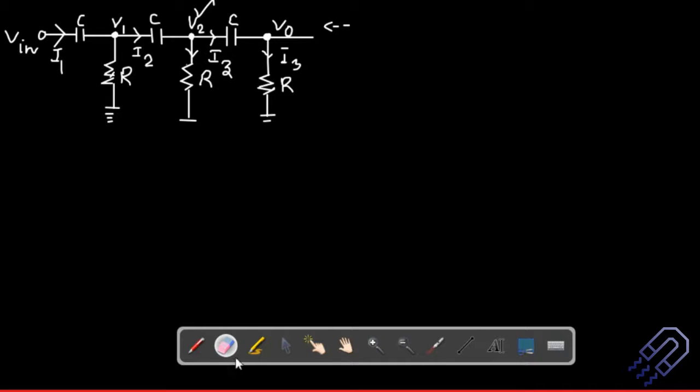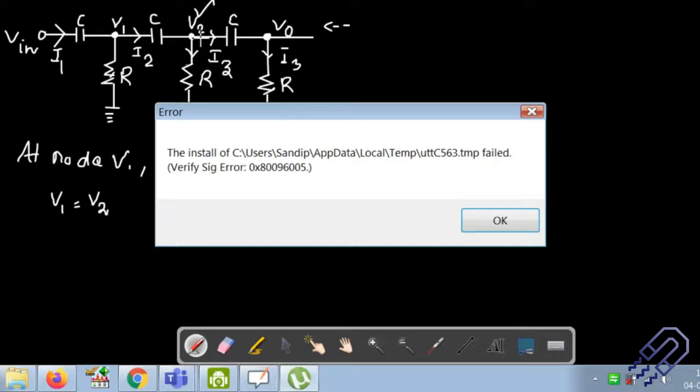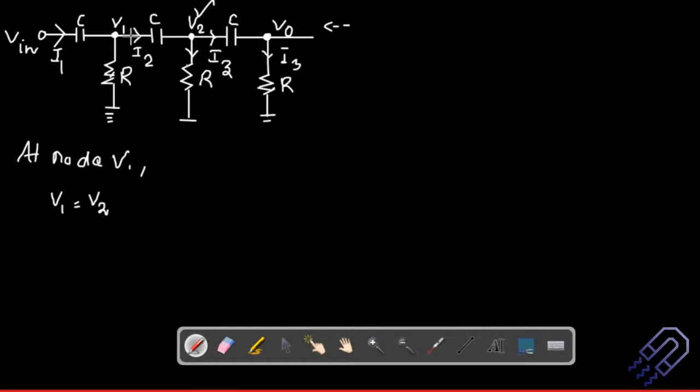So at node V1 now, we have got 3 equations, and now we are going to talk about that node V1. So what will be the result here? V1 is equal to V2 minus the drop. So we do have V2 here because the voltage is V2, and we have a drop because of this. So we will just write down minus, or we can directly write down 1 by j. So I'll directly write it down as I2 divided by j omega C.